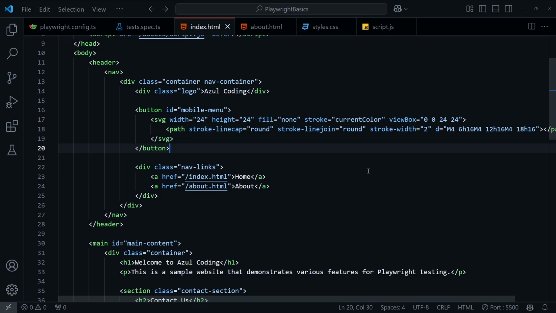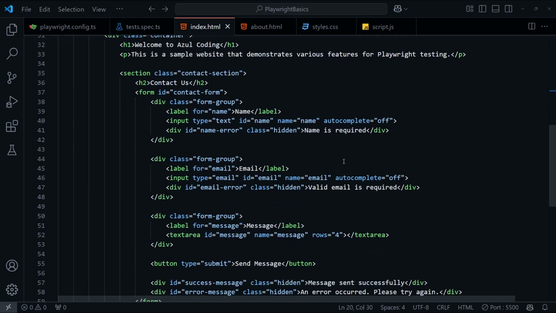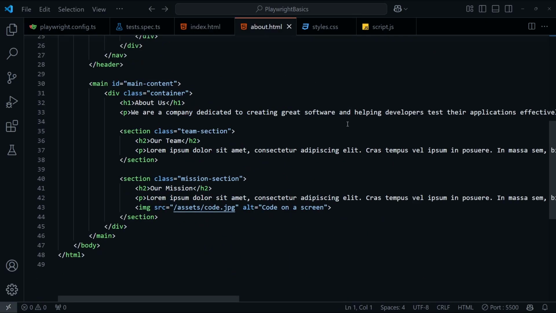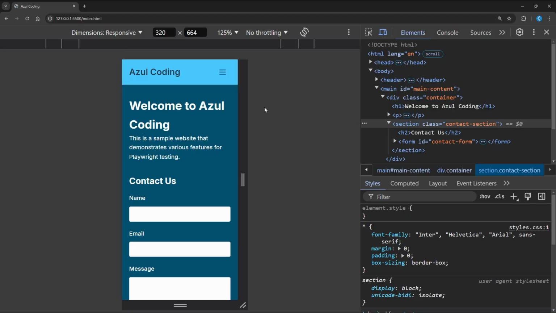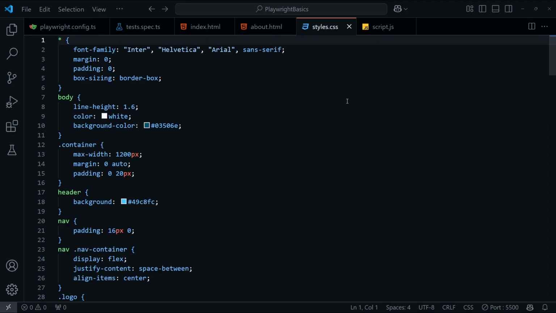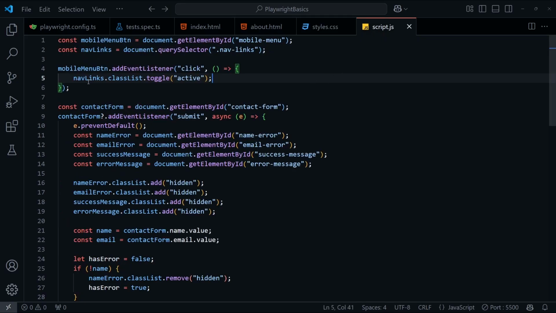To get started, I've set up a basic 2-page website containing a home page with a contact form and an about page with some text and an image. There's also a navigation menu in place that we'll be testing, and if we take a look at the mobile view, it opens up through a hamburger menu like this. Finally, we've got some styles and a script that will manage the navigation menu and deal with error handling on